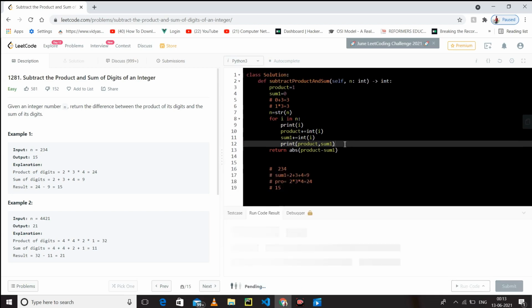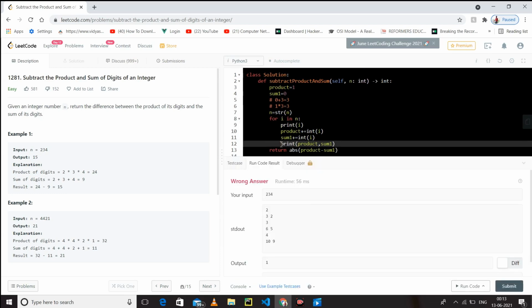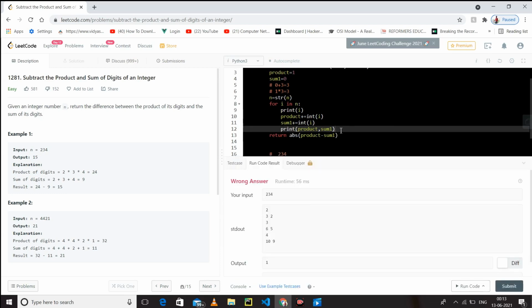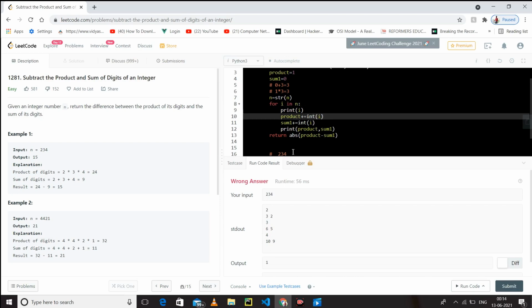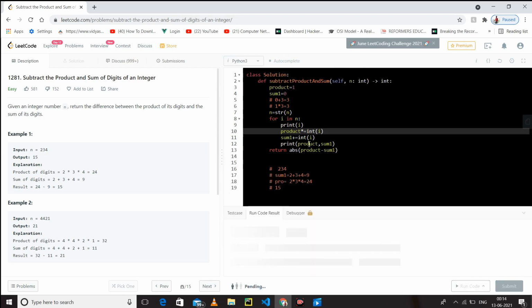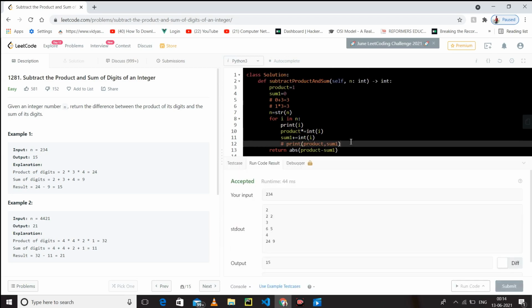So this is the process of debugging. If you think that you are not able to debug your code, just write it out. By writing you can debug, otherwise you can debug in your mind as well. Product is, sorry, it should be multiply. That's why I was thinking about where I was making the mistake.